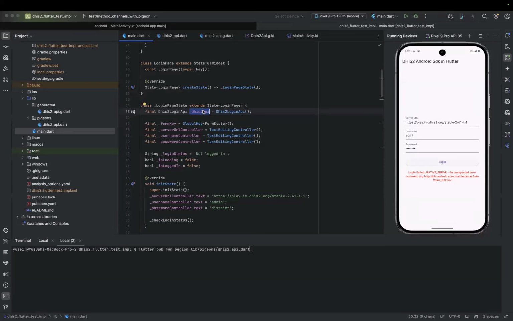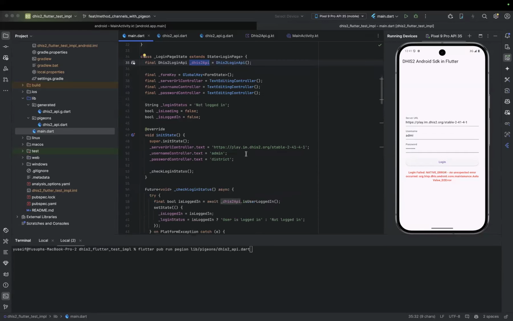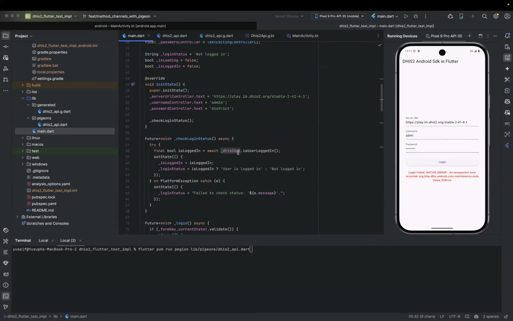It will create that channel on our behalf. So now we just have to instantiate the DHIS2 API here. And instead of passing function names, we now call functions as normal functions.